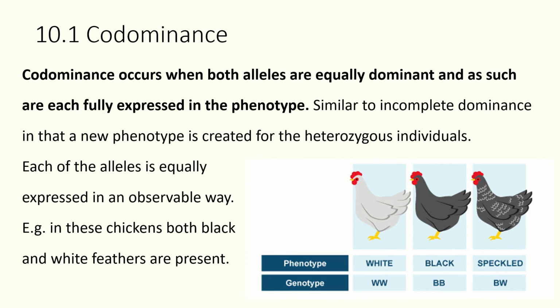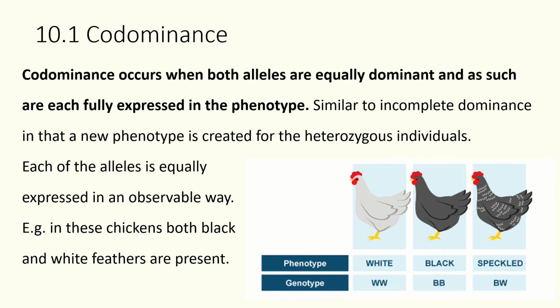Then we've got codominance, which is when both alleles are equally dominant. There is no recessive trait. We have two different alleles, white and black, but both are equally dominant and therefore equally expressed. It creates a third phenotype, again, just like incomplete dominance. So those heterozygous individuals will have a new phenotype, but in this case, it's not a blending of the two, they're equally represented. If you've got black and white chickens, then an example of codominance is speckled, because they have both black and white feathers